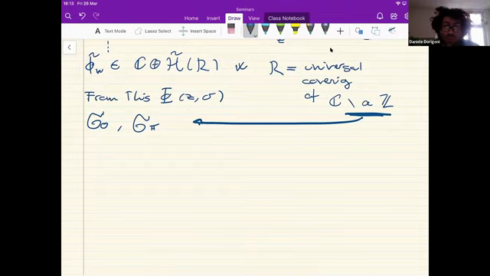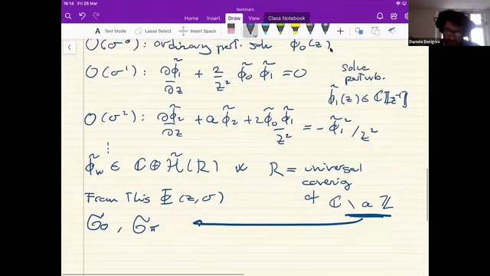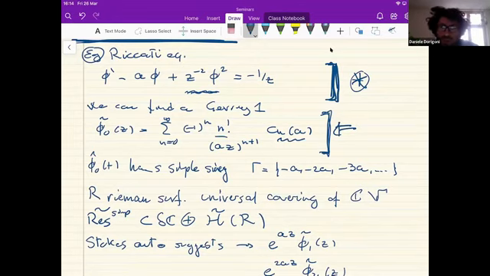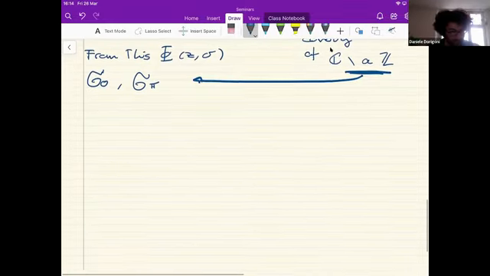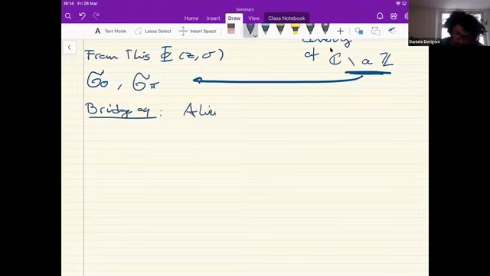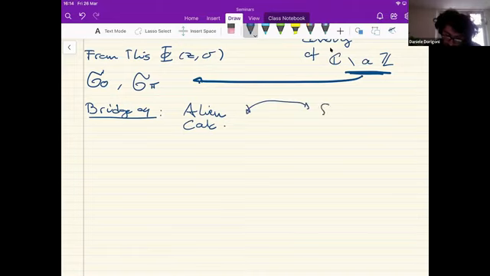At this stage, I want to introduce this bridge equation, which is going to allow us to interpolate, or if you wish, to relate this equation in here to the Stokes automorphism, or equivalently to the alien derivative. And as the name suggests, this bridge equation is drawing a bridge between this alien calculus, the study of singular behaviors of the Borel transform, and standard calculus. In particular, this differential equation that we started with.